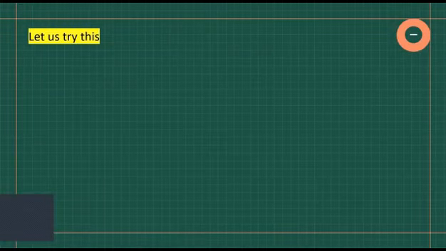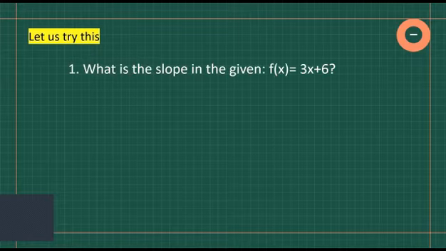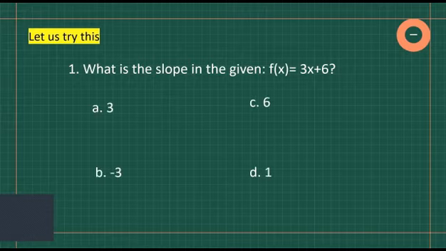Let us assess what you have learned. Question number 1. What is the slope in the given f of x equals 3x plus 6? Is it A, positive 3, B, negative 3, C, positive 6, or D, positive 1? I'll give you 5 seconds. Okay, if your answer is letter A, that is